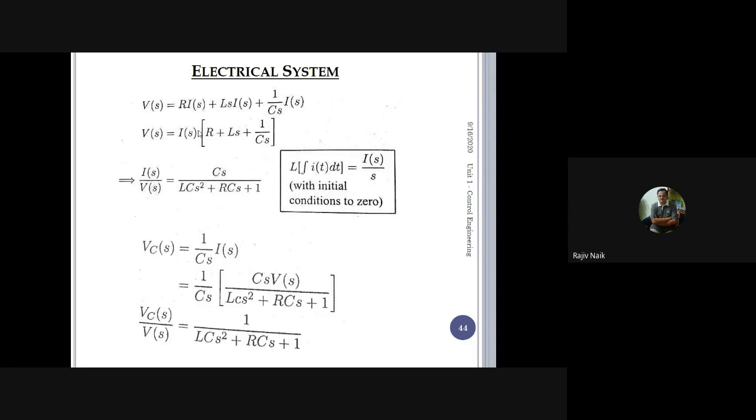But as soon as the force applied is removed, the mass continues to move. Suppose you are moving in a car. If you press the clutch, that means the power supply to the car is stopped. That doesn't mean the car comes to rest instantly. Why doesn't it come to rest instantly? Because it has its own inertia. So the mass is moving, and it will continue to move. As the friction element starts reducing that velocity, finally it comes to rest unless it is braked.